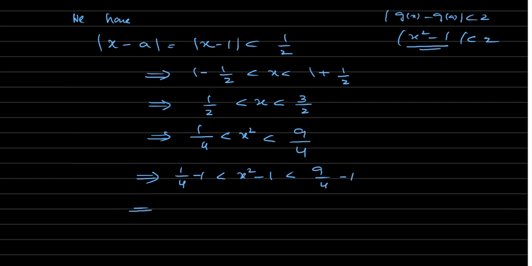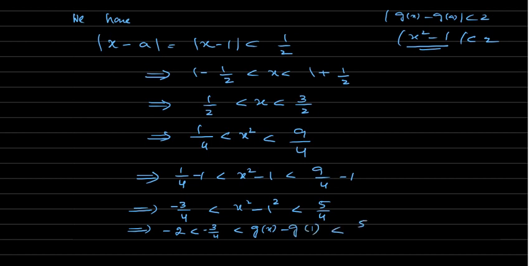So this means 1 minus 4, that's minus 3 by 4, is less than x square minus 1 square, which is less than 9 minus 4, which is 5 by 4. Obviously minus 2 is less than minus 3 by 4. This is straightforward, and that's less than x square minus 1 square, meaning g of x minus g of 1